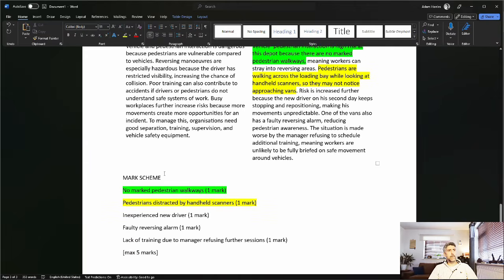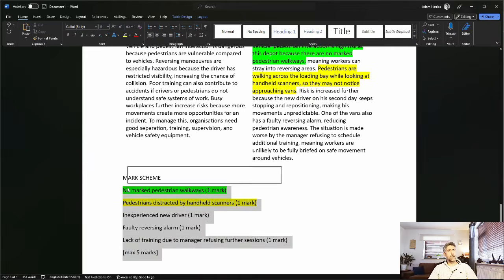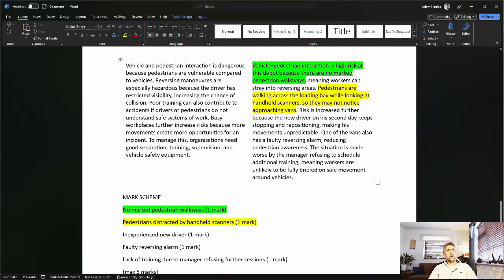The examiners always have to be able to say, well, which part of the mark scheme did you use to give the mark. Okay, now what's happening, I think, with a lot of learners, before we continue,